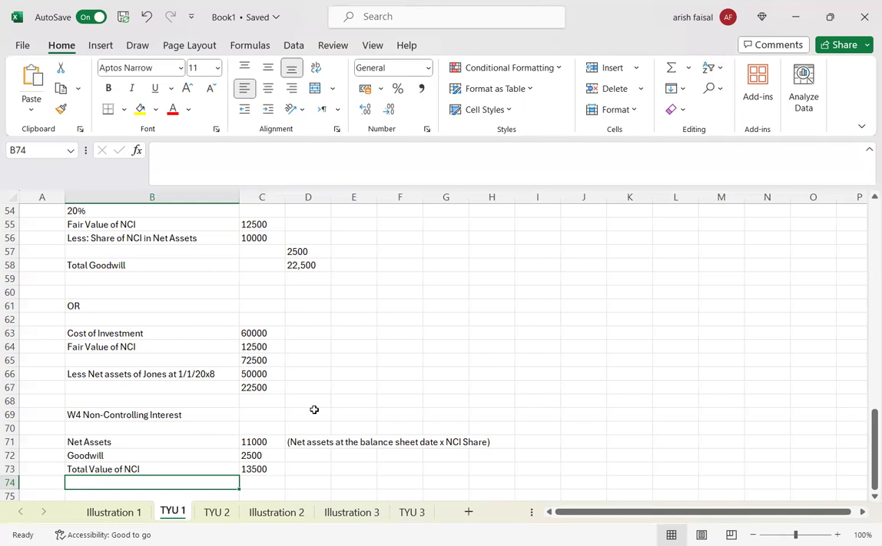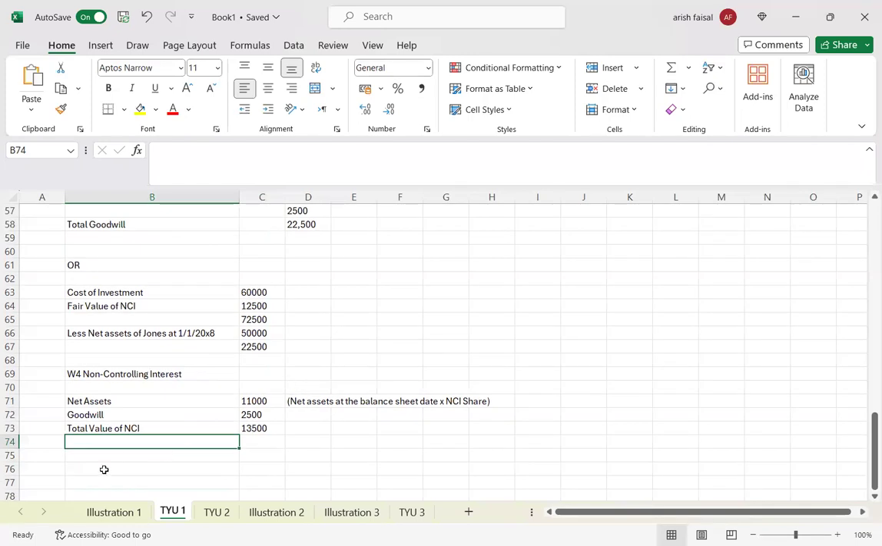Why have we added goodwill over here? Because it was the policy of the parent company's directors that they will value the NCI at fair value, which means that we will not only talk about the book value of the net assets, we will also consider their goodwill value. Okay. So now once you have figured out working number 4, which is the non-controlling interest,